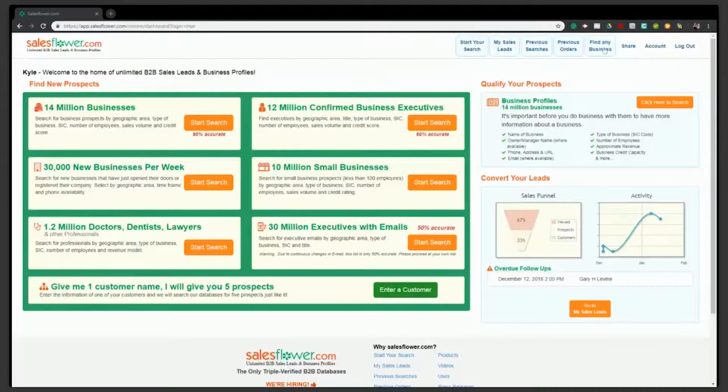Alright, so we're going to start here on the main homepage. Make sure you're logged into your Salesflower account and on the main page. To begin, we're going to go down here to the 1 for 5 feature box. It says give me 1 customer name and I will give you 5 prospects. Go ahead and click on the green box that says enter a customer,